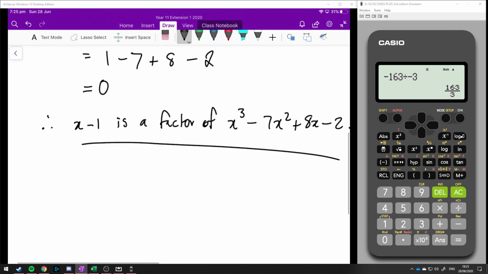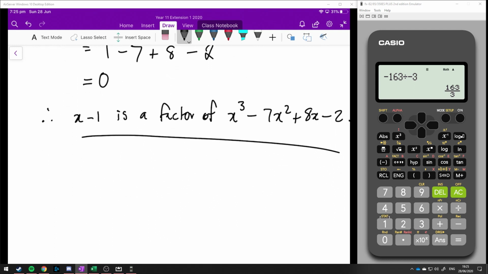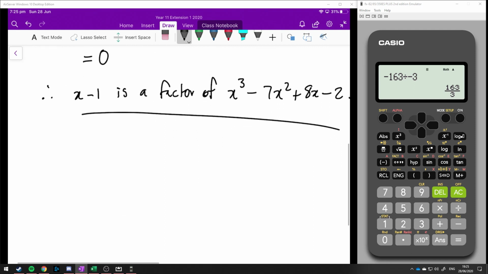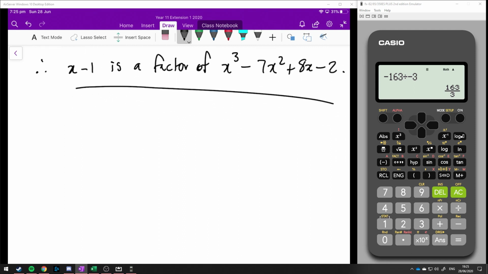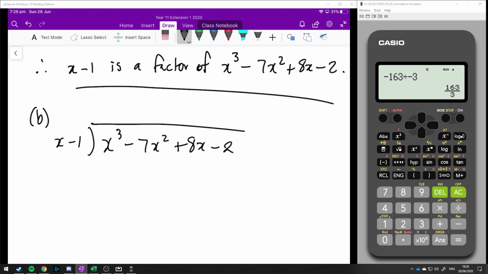So this is what I was talking about in the division of polynomials, where I said we need to do it in factored form. This is where this is going to make a big play. So we've got x cubed minus 7x squared plus 8x minus 2, and we're going to divide that by x minus 1. Okay? So we're going to start off by doing x cubed divided by x, which is equal to